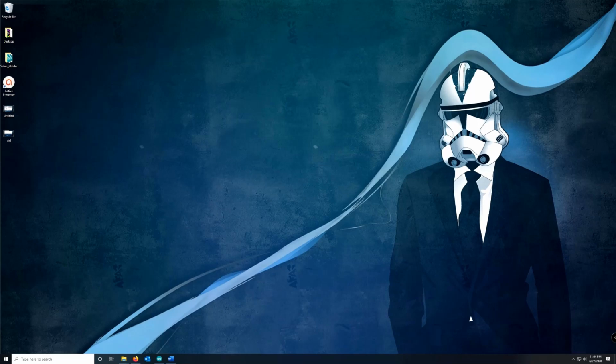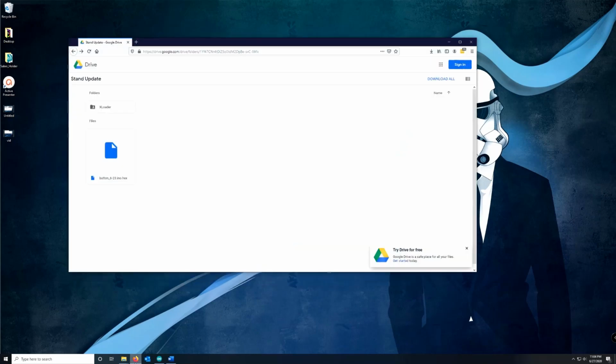So this tutorial is going to be how to get those on your stand if you want them, and we'll make it very simple. This is going to be a Windows only update. If you're using a Macintosh, I'm putting together a separate tutorial for that as it's a separate process, but we'll get right into it. So you should have gotten a link to Dropbox. If not, I'll have a link in the video description below, and in the box there's just two items: this hex file, which is the actual coding, and a folder called Xloader, which is the actual software that uploads to